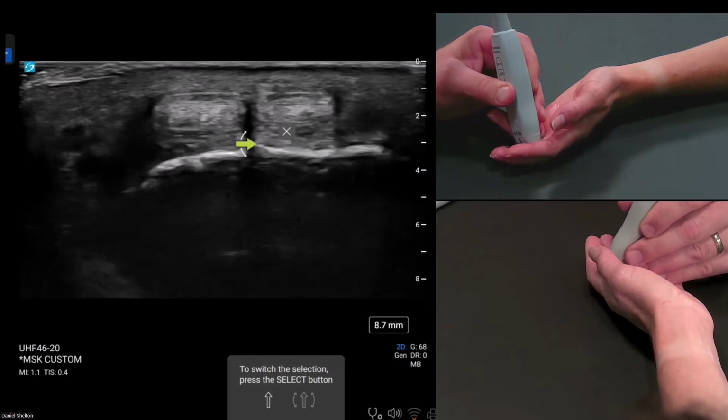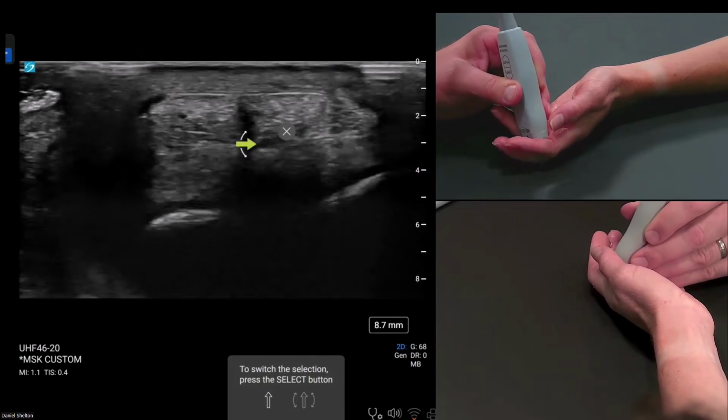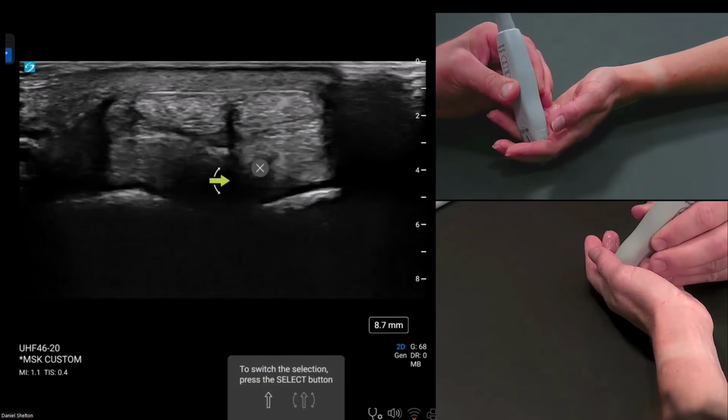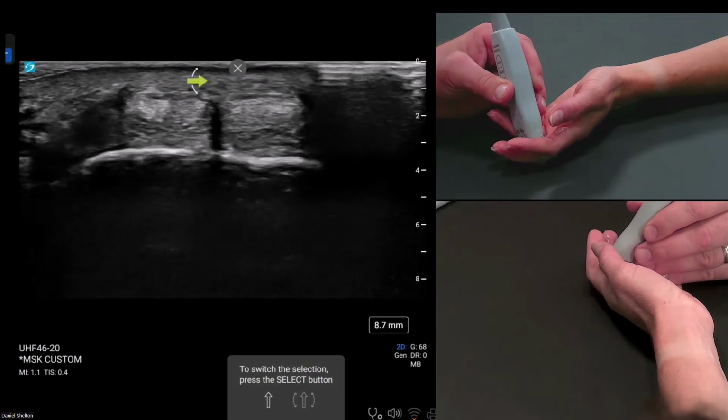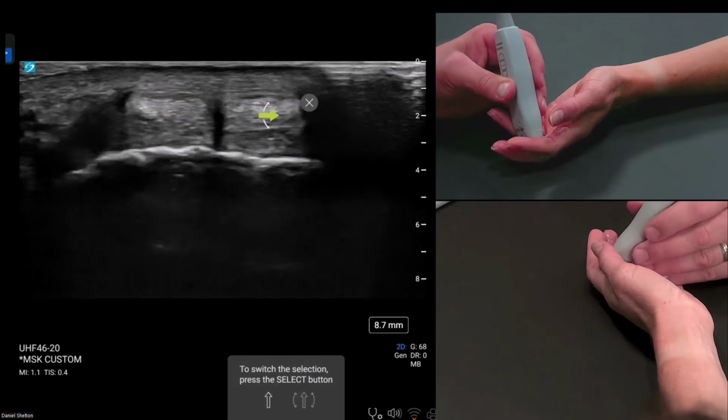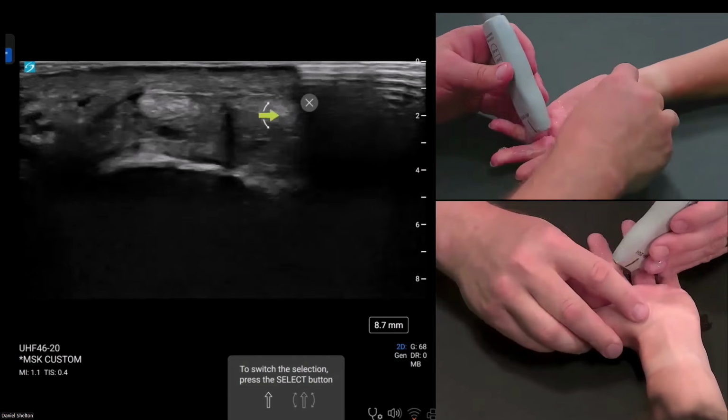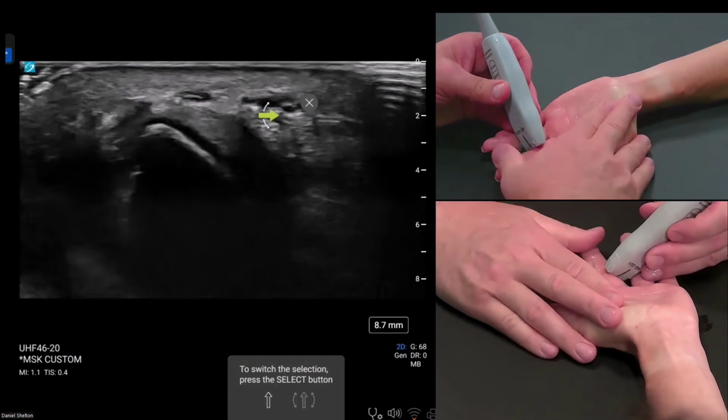Okay, so now we're at the PIP level because I can see cartilage. I can see palmar plate. Okay, I see that septum between profundus. So this is all profundus. Keep that in mind. And if you want to get a really good look at the superficialis, you have to